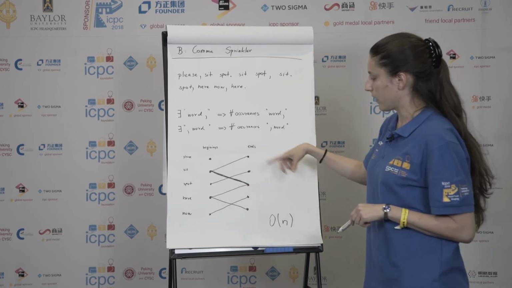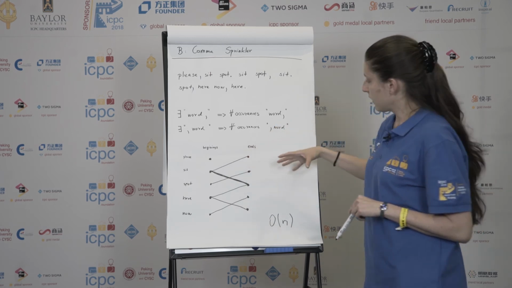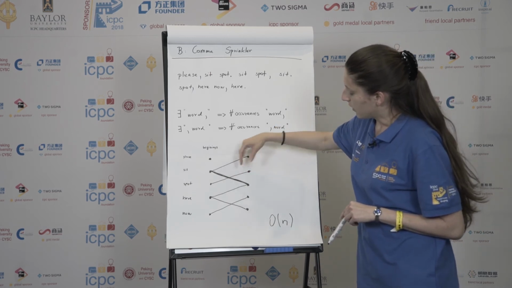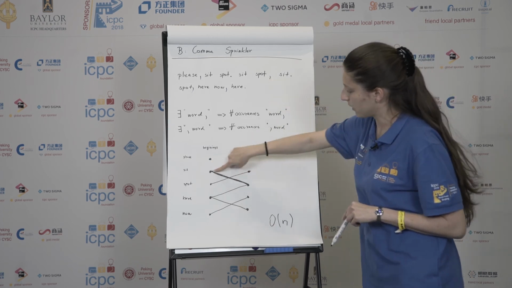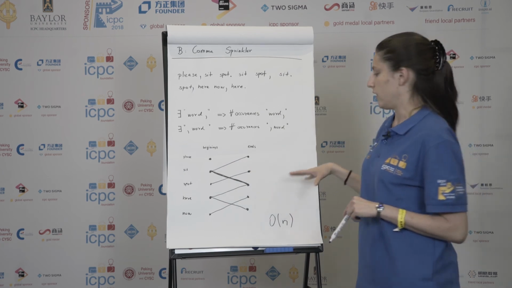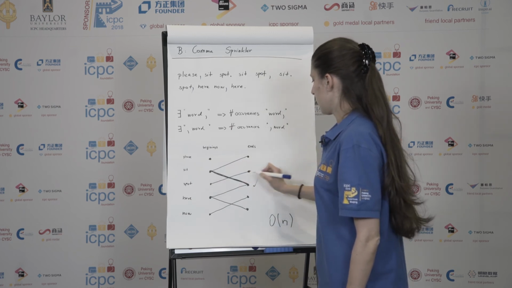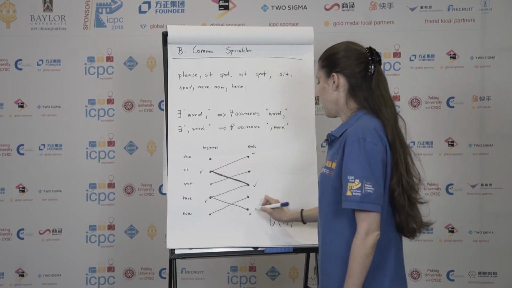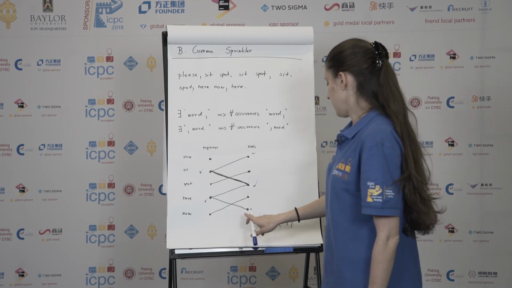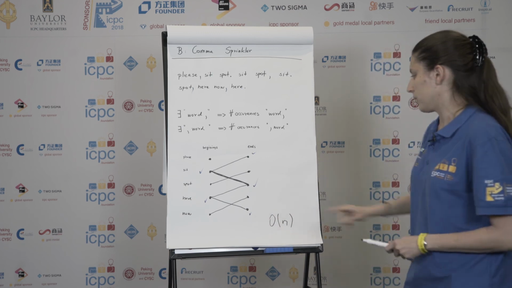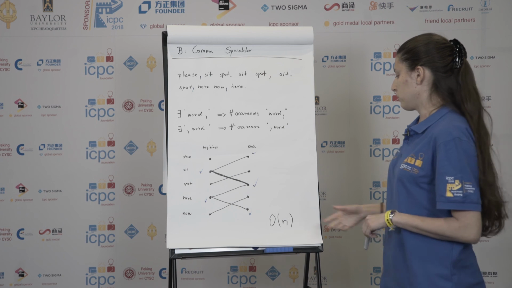Once we have created this graph, what we need to do is find the connectivity in the graph. So we start your favorite search from the edges which determine the commas, for instance, this one. And then we just search the graph and see what is visited. For instance, in this case, running the search from here, this would get visited. And it means that for these instances, we need to place commas after the word or in the beginning of the word, depending on which side of the graph it is. So the runtime of this algorithm would be linear